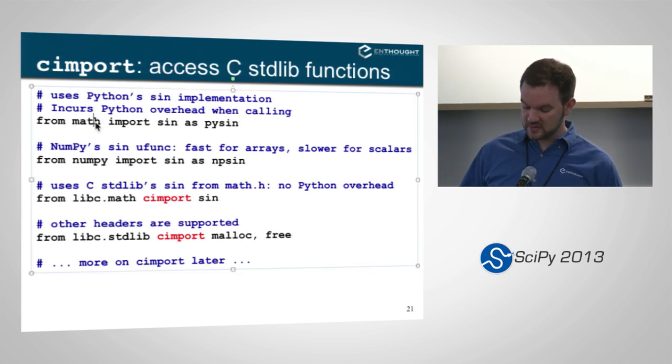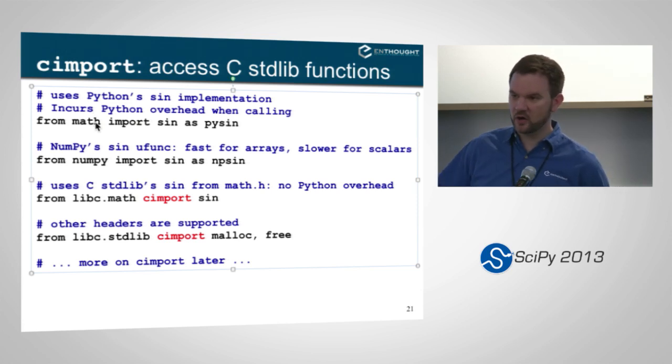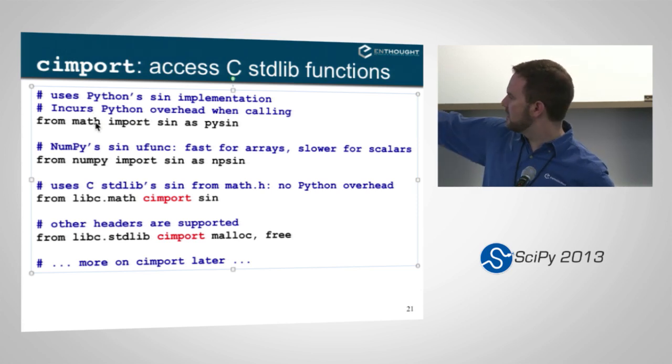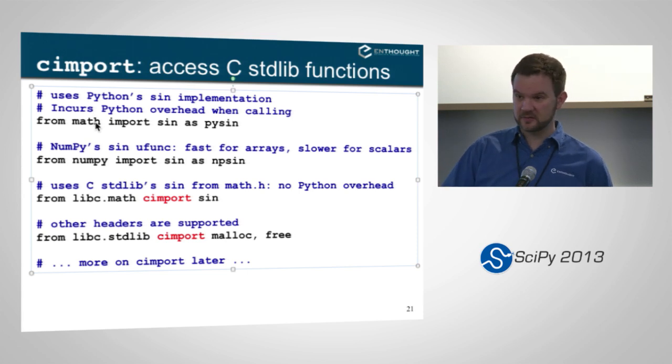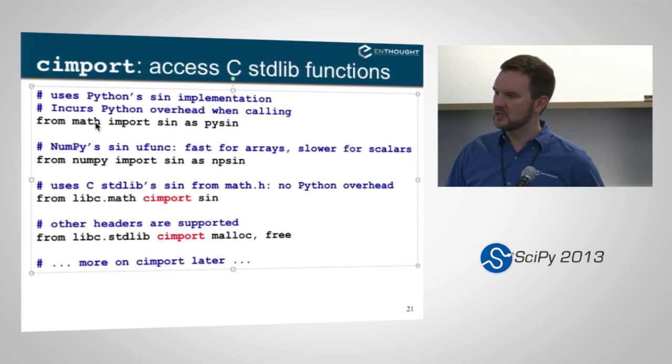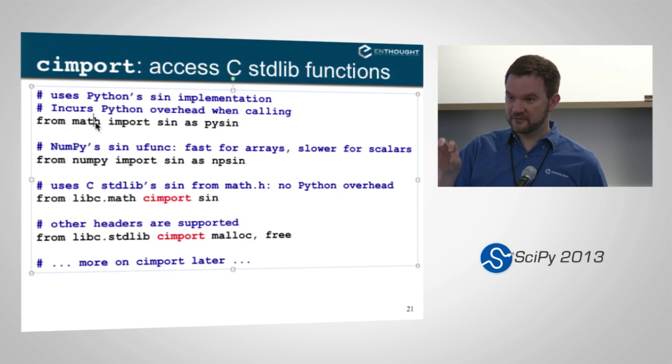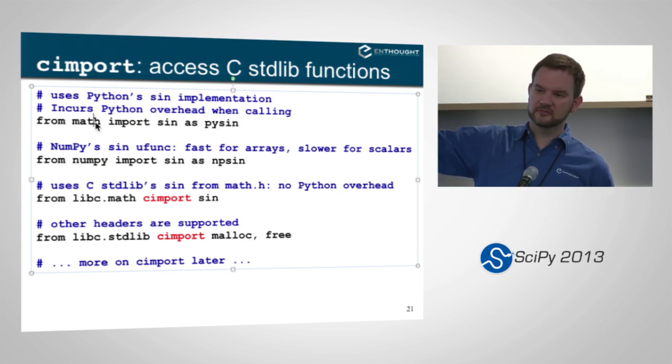You can, of course, do this in Cython. You can say from math import sin as pysin and call it that way. But when you call pysin at the top here inside of Cython code, you're going through the Python layer. So you have to convert, let's say you're calling pysin with a C integer as an argument, or a C float, let's say. It has to convert that C float into a Python float, give it to